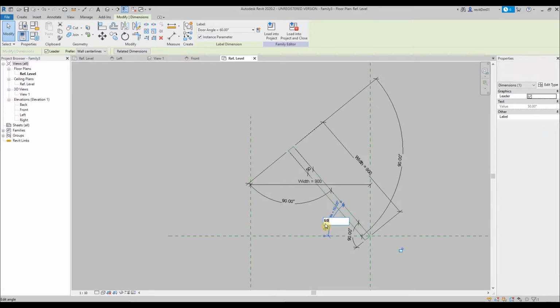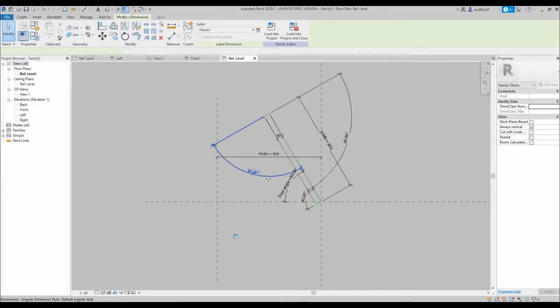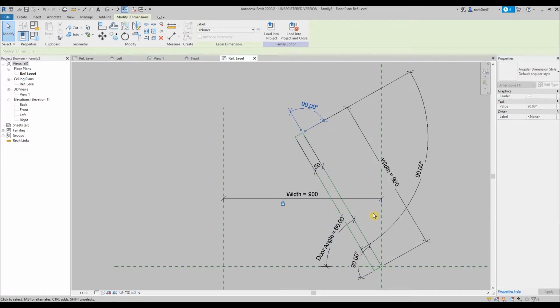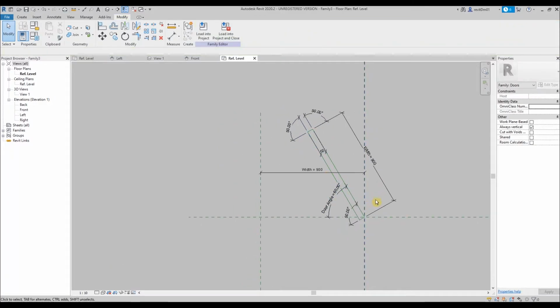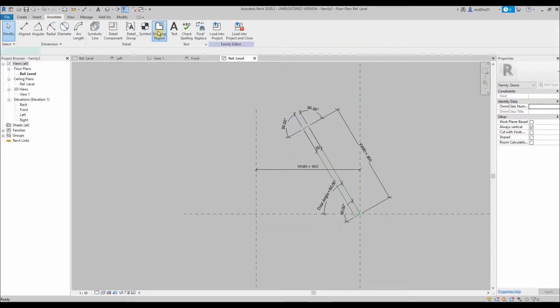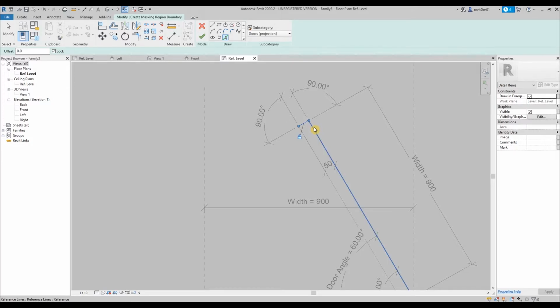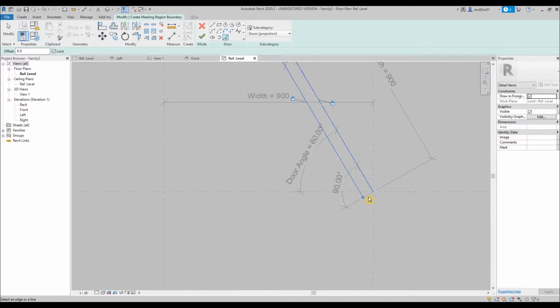Okay, so next is we are gonna cover that up. The panel cut, this one, we're gonna cover that up para pagdating sa plan, kung may matatamaan man siyang element, it's gonna mask or it's gonna cover it up. Okay, so go to annotate, use masking region, select this pick line, make sure it's locked, and then select the planes,